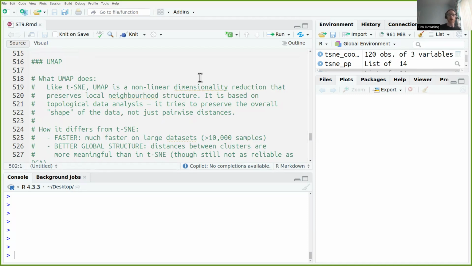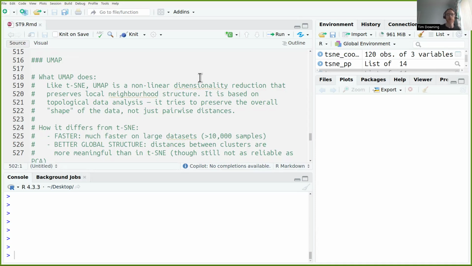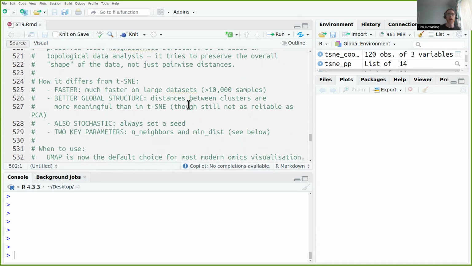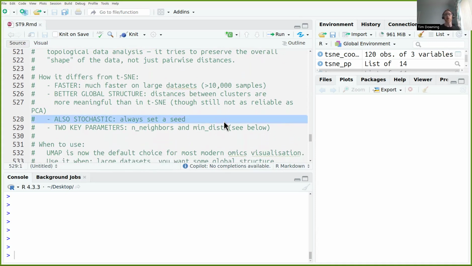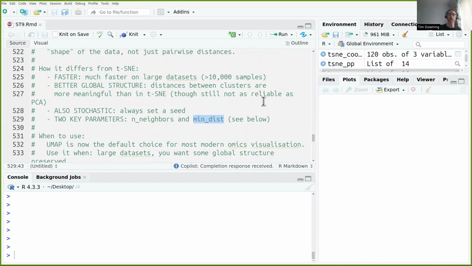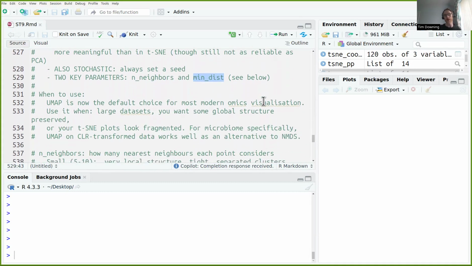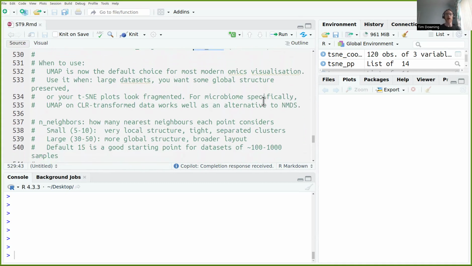But it tries to balance the local and global structure. So to an extent, the local and global distances have a qualitative meaning, but it's not strictly quantitative. It's very good on large data sets. It is stochastic, so consider using a seed, and we need to consider the number of nearest neighbors and minimum distances as well. So this is very good for flow cytometry data, single cell sequencing data, and other